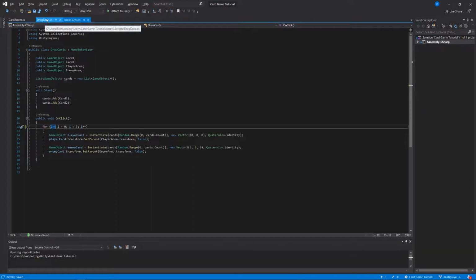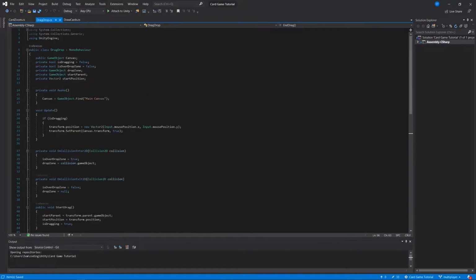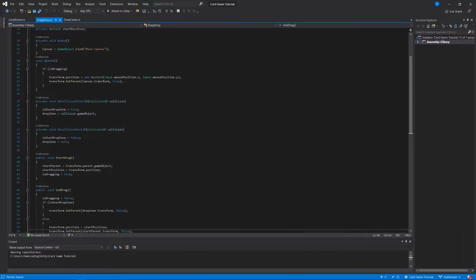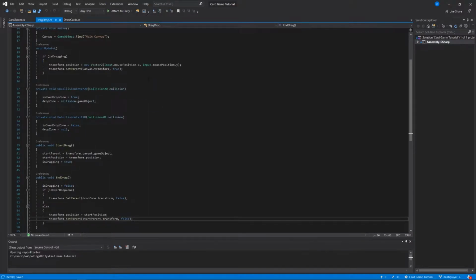Additionally, we have this drag and drop script, which is a little bit convoluted just because of the way that dragging and dropping works in Unity. I'm not going to talk about this too much because we won't touch it very much, just a little bit in our multiplayer tutorial. But suffice it to say that we figure out where the canvas is when the game object this is attached to, which will be a card, comes awake. It finds the main canvas,